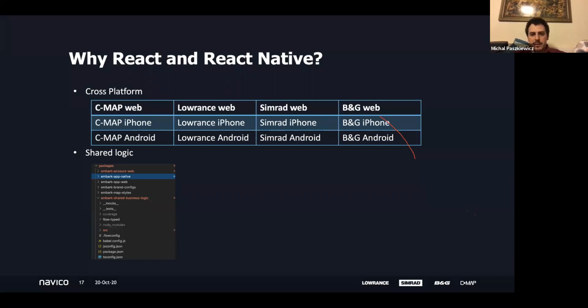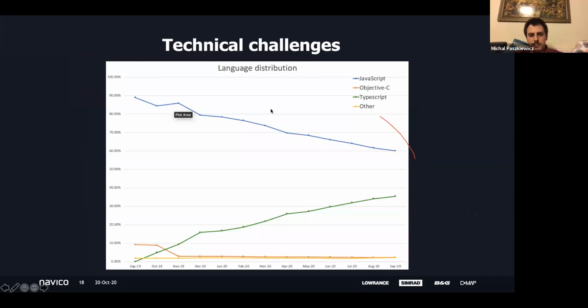We do have various technical challenges all the time. One of these is, for example, migrating to TypeScript. As you can see here, in the span of a year, we've gone from a huge code base in JavaScript and a bit in Objective-C to just over 35% TypeScript. And there's a continual